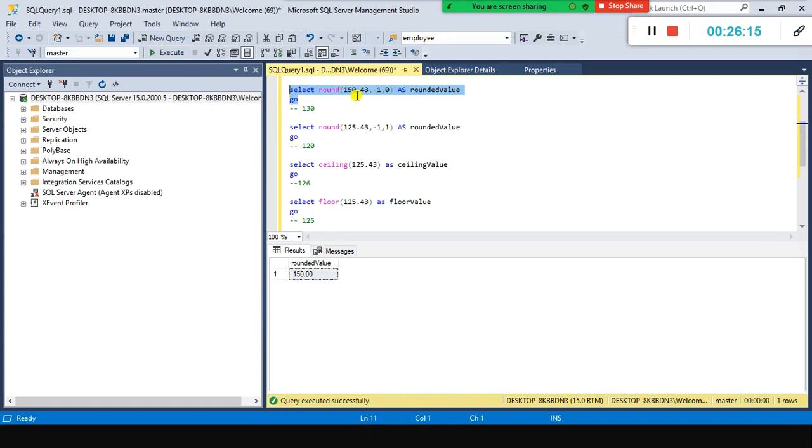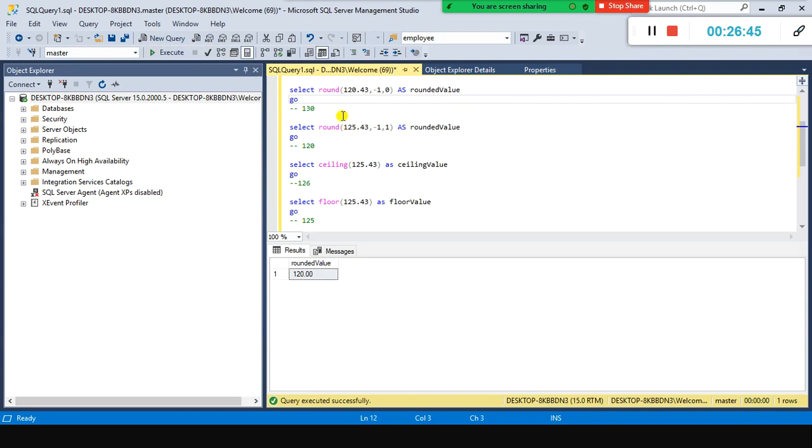Earlier I used 125.43 and the third parameter was 0, so in that case we were getting 130. Now let me take 120. If I say 120.43, I'll be getting 120 here.